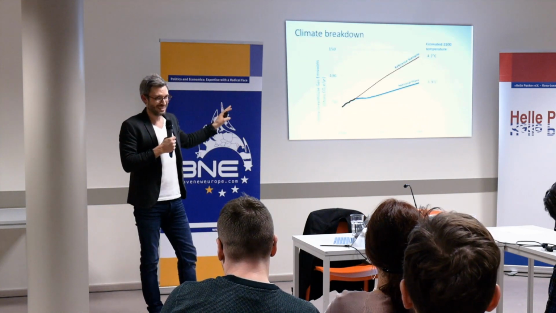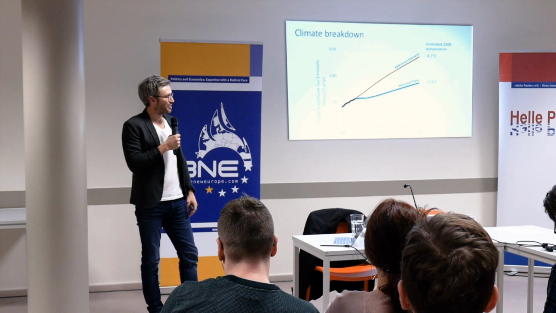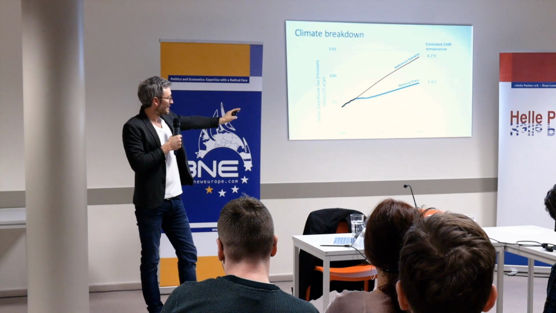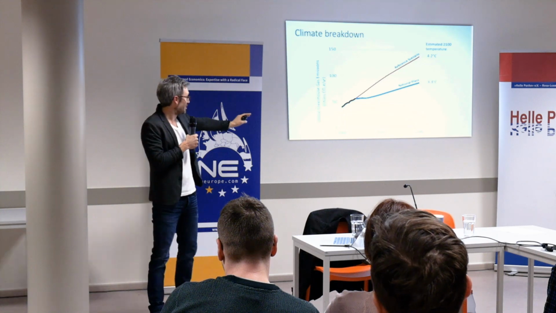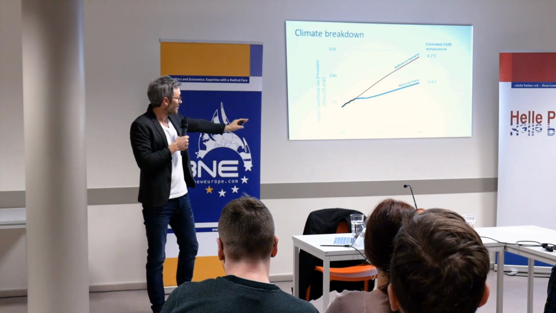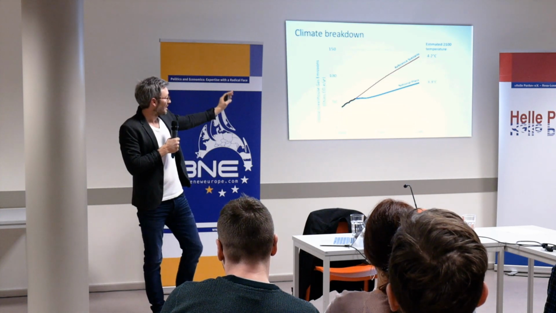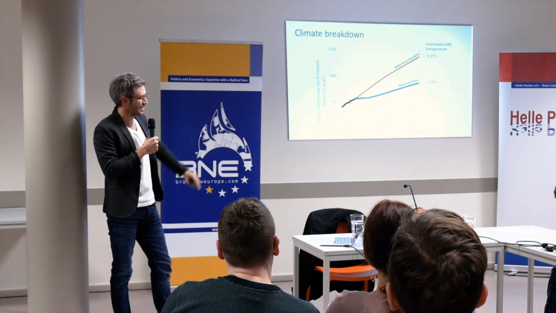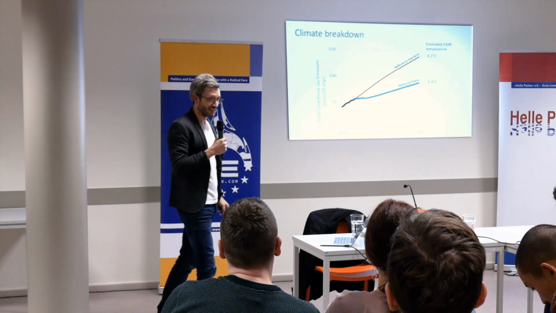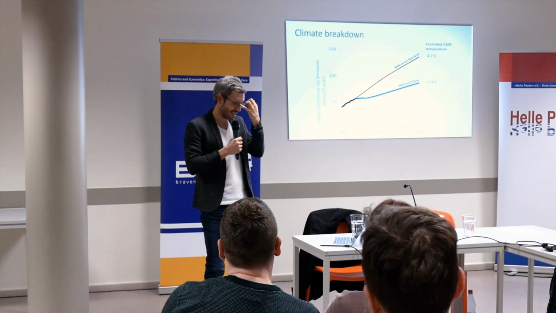But the key focus here, right, is climate breakdown. And what I want to show you here is the black line, our historical trajectory of CO2 emissions per year, CO2 equivalents per year. The orange line is a reference scenario. If we carry on with business as usual, scientists say we're going to hit over 4 degrees of global heating by the end of the century.